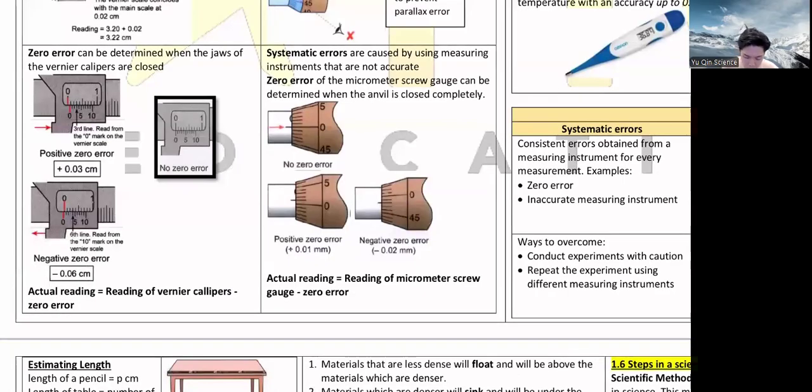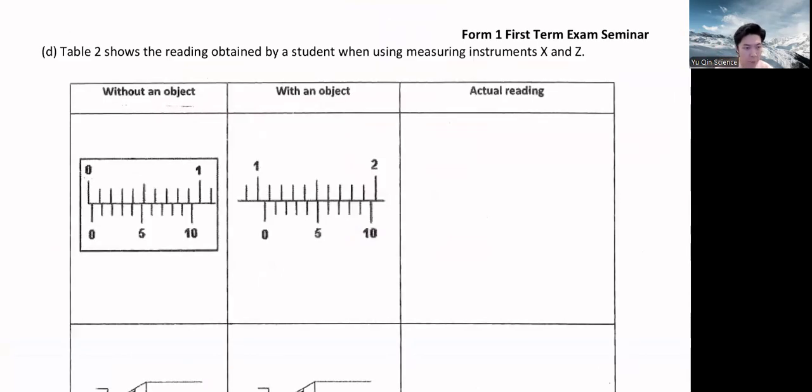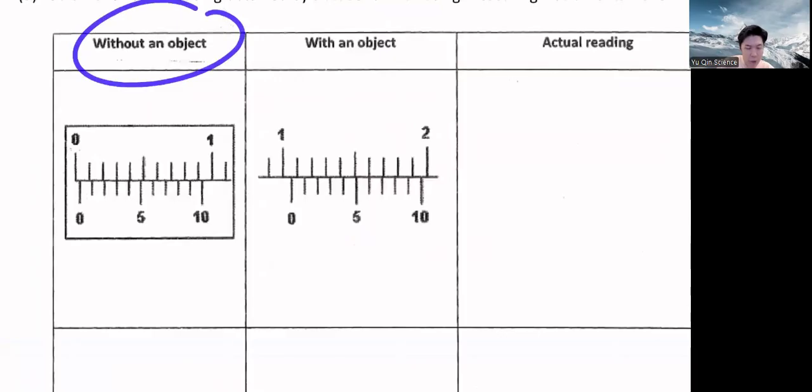So we need to minus off the zero error later to get the actual reading, because zero error happens before you take the reading. Never mind, we go ahead and calculate first, later only we minus away, because you need to use it right now. You're not going to go back to the shop and say, Uncle, why you give me a wrong one? I got a problem. No, we want to fix it now. We want to measure it now, and we want to deduct it later. We want to minus off. Okay? So, without an object,